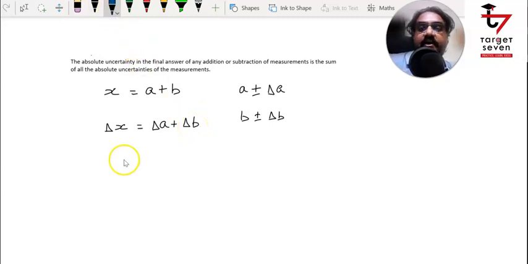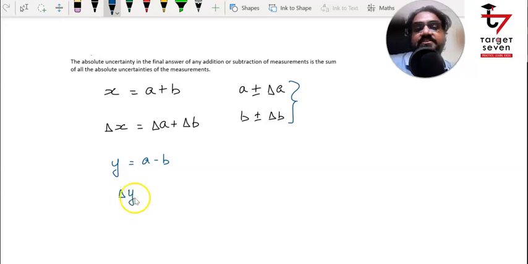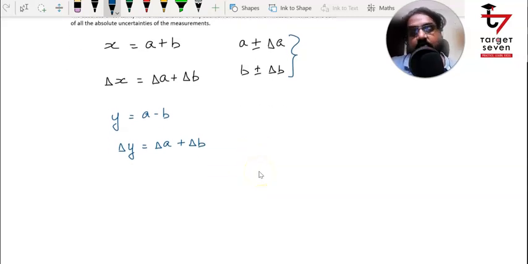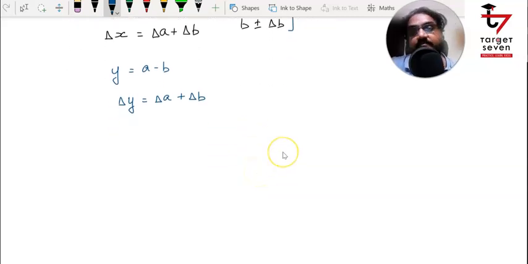What if I have another function y which is expressed as a minus b with the same measurements as here? The absolute uncertainty in y is also written as the sum of the absolute uncertainties in a and b. To further understand how this is applicable and where this is applicable,